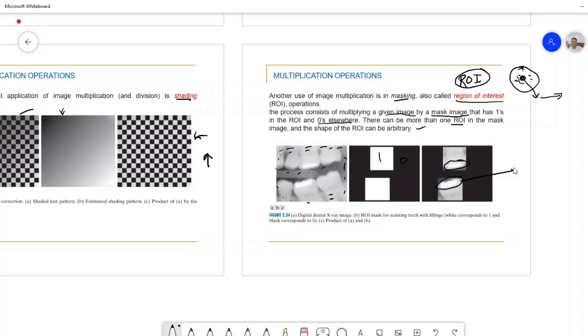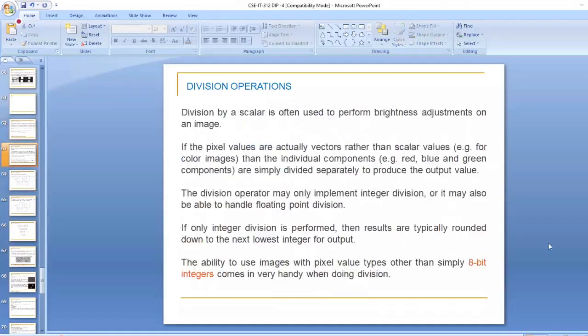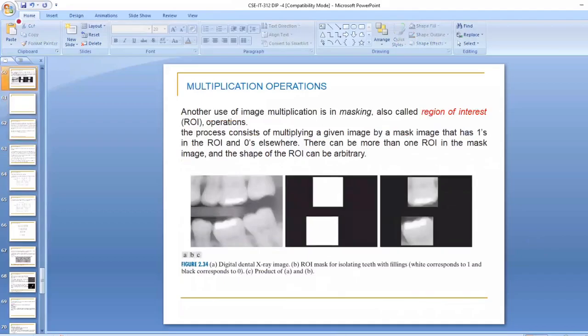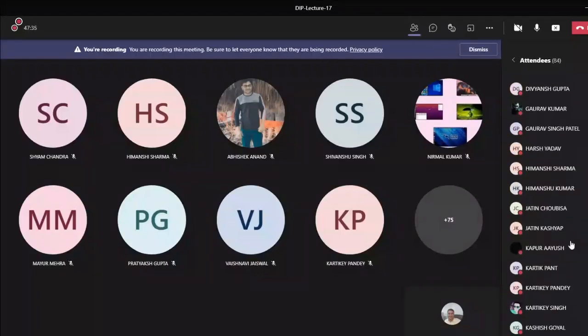एनी डाउट? चमन लाल, चमन, चमन लाल, दिनेश नेहरा, जतिन कश्यप, कपूर आयुष। Yes, sir. Now,